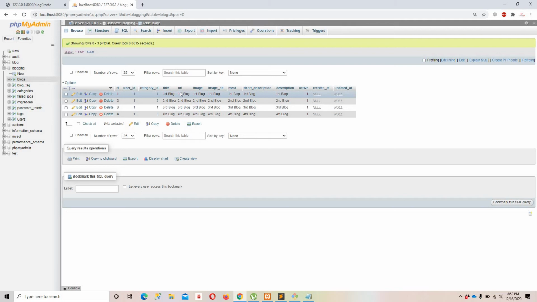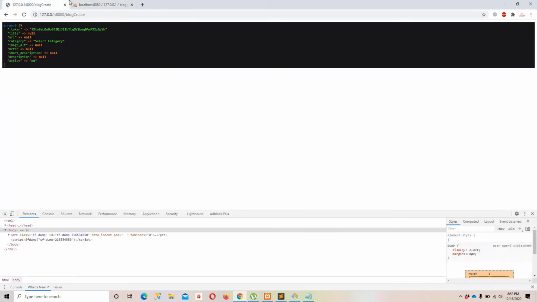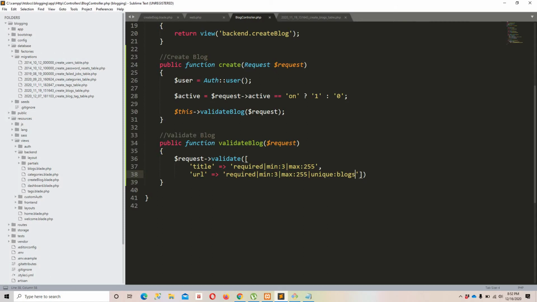Okay, so what I have done right here, I want this URL column to be unique in the blogs table right here. So my condition is like this: unique in the blogs table. I hope you guys got my point. Okay, let's move forward, and the next field would be